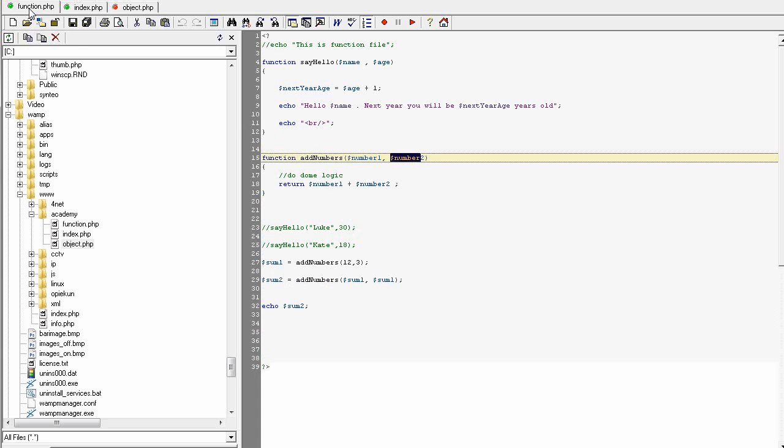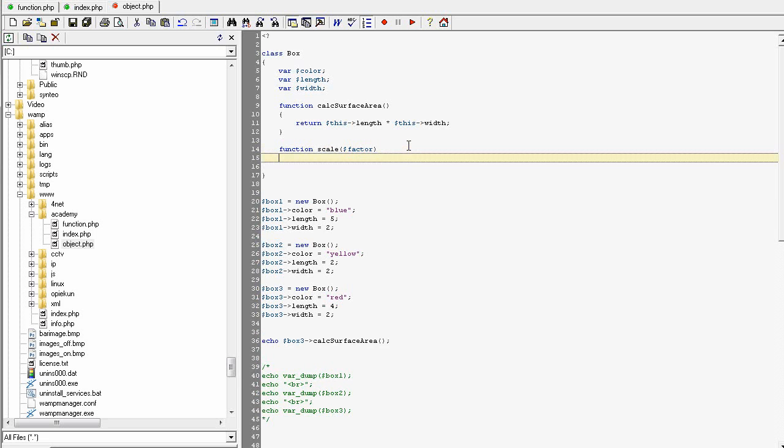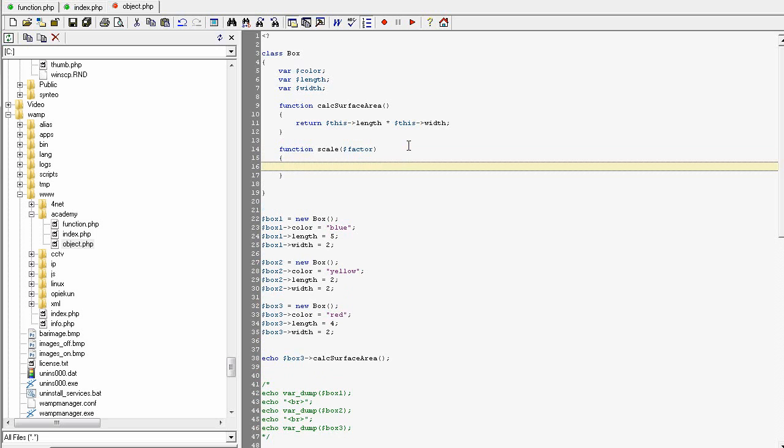Let's take a look for a little reminder. The same principle: we use the dollar character and the name of the parameter, and it will be our scaling factor. So if we call the method scale with 2, we expect that all the dimensions of the object, so the length and width, will be twice bigger. And how to implement that method? We use the